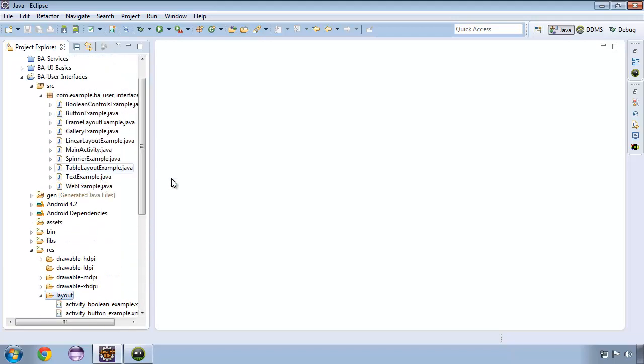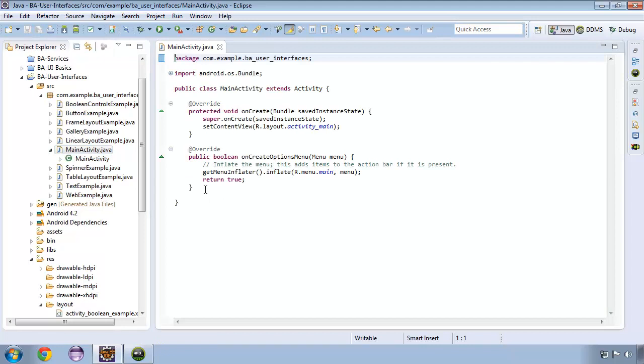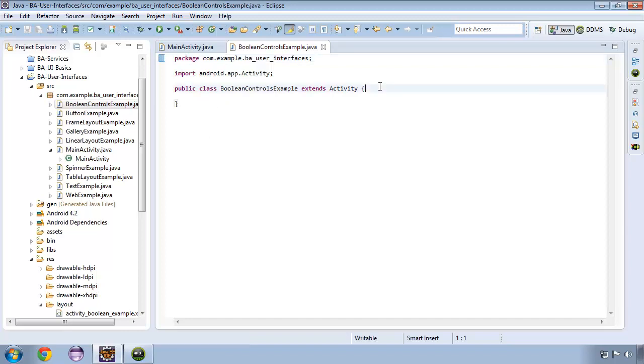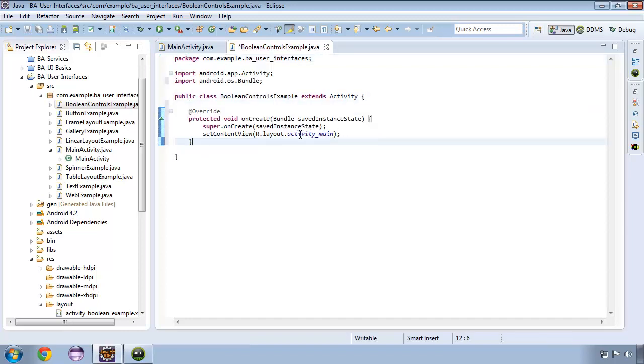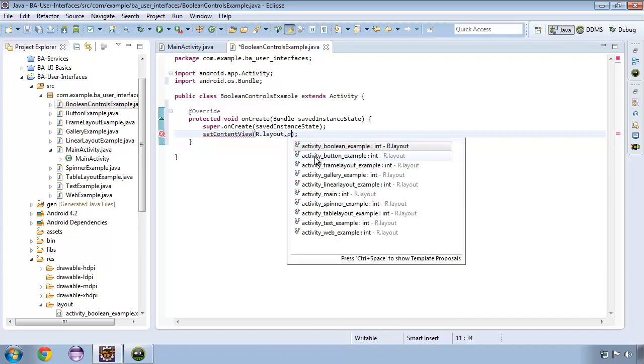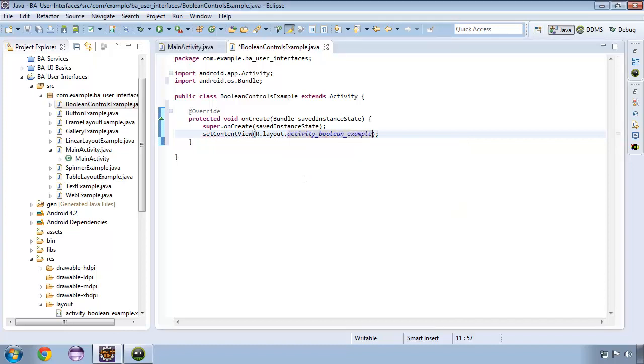So the class files themselves do need the basic onCreate method in place. So what I'm going to do is copy it from my main activity and paste it into the rest of them. So we're just going to swipe this one, open up Boolean, paste it, and change that to the appropriate layout. This will be Boolean, saved,